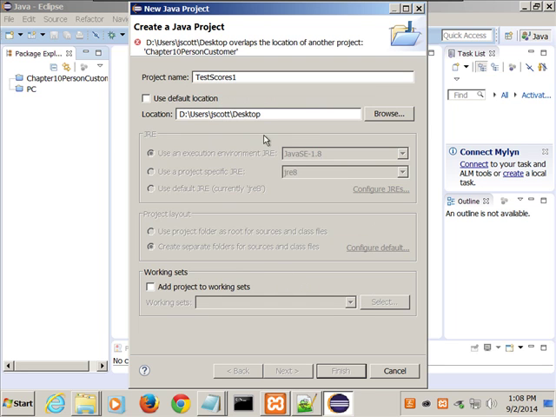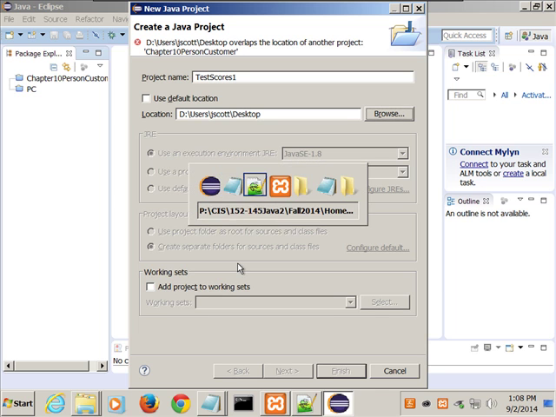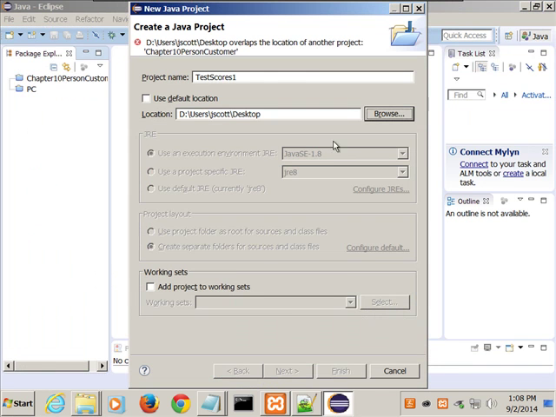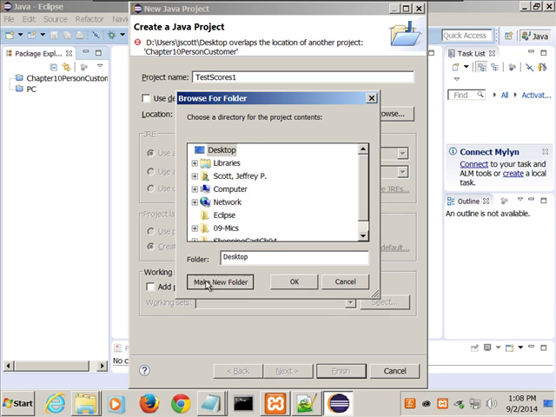Now when you do that, it doesn't tend to like this. So what I've found is I've got to literally add another folder underneath there. Does it? Okay, well then let's try that. So browse. All right, make new folder. There you go. Under the desktop, I'm just going to call this Java. In fact, ADV Java, Advanced Java.